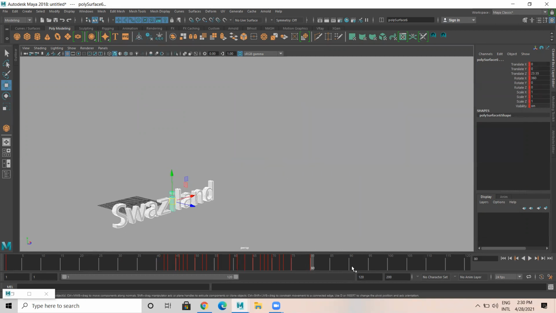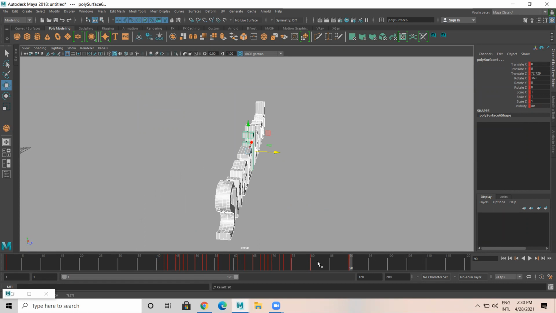Then later what I do, till frame 80 it's here, at frame 90, I just give a kind of a quick movement to the front. Okay, set key.